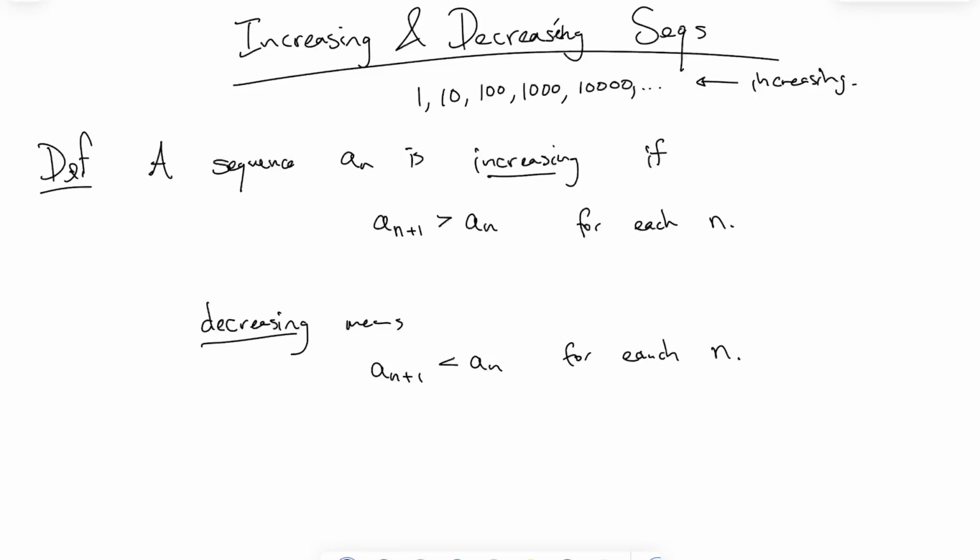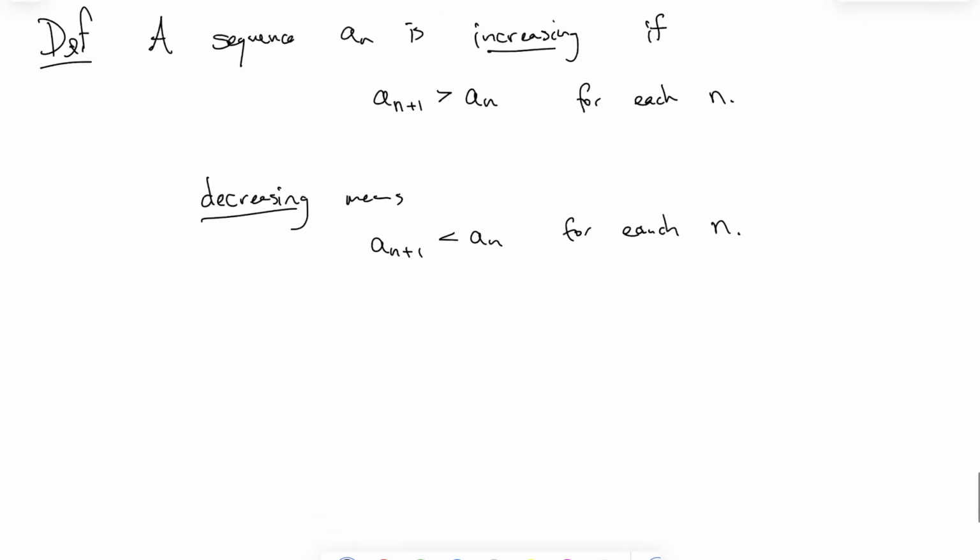Anyway, this is what decreasing means, all right? For each n, a_{n+1} is less than a_n. And here's a word, so these are words I'm sure you already know. Here's a word that perhaps you have not seen before: we say a sequence is monotonic